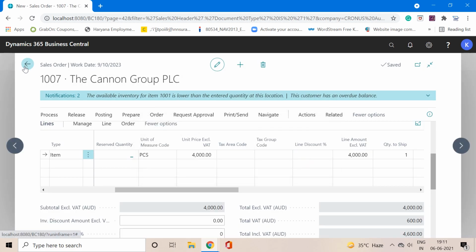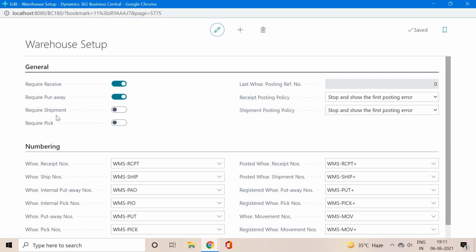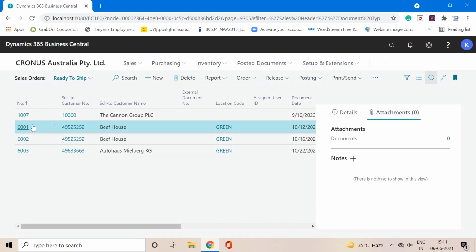Now moving back to the warehouse setup, if I check this field to true again, let's see what exactly the system shows us now.